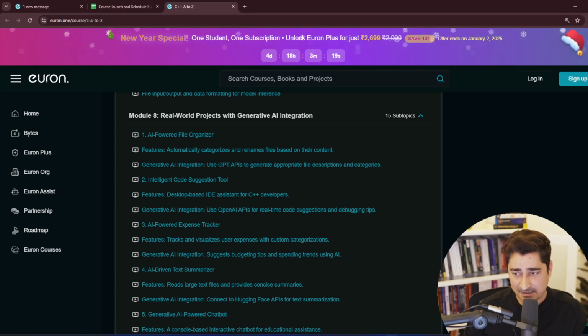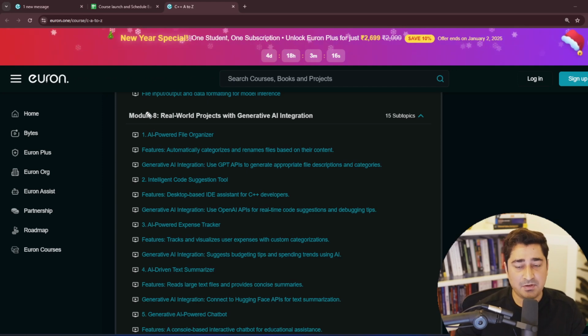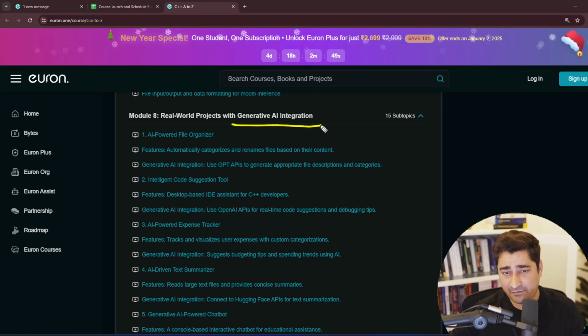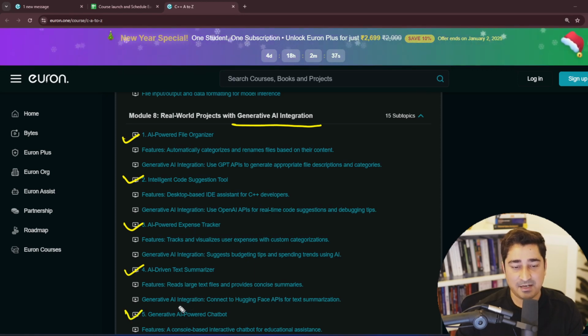And the amazing thing is, as we all are living in a world of AI, technology is not the same. If you compare the technology stack that we are using nowadays with the technology that we were using maybe 2 or 3 years back, everyone is talking about AI, everyone is obsessed with AI. Now, keeping that in mind, here we are trying to talk about a real-world project with generative AI integration. So even if you are going to study C++, that's completely fine. But how you are going to leverage AI with C++, this is something that we all are going to talk